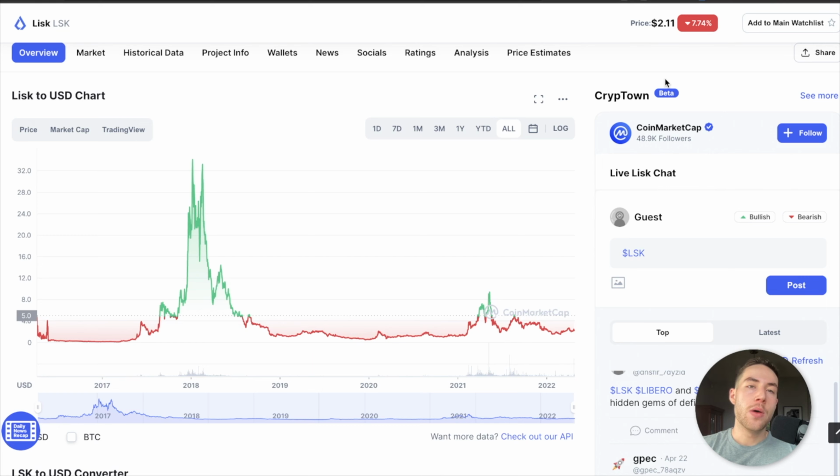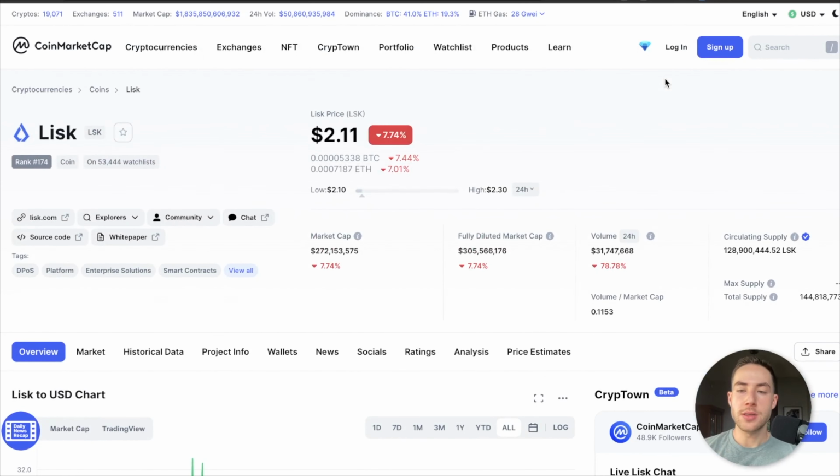But now there are going to be real world applications coming out to the platform where a lot of developers can really start using the full functionality of the Lisk protocol. So I think in some cases, it's actually just the beginning for Lisk. Even though it's such an old project, with all of the high funding they've had, and also with some of the developers and CEOs they've had, it's a promising project with a lot of real world capabilities and use cases. And to me, this is a reason why I'm bullish on it.